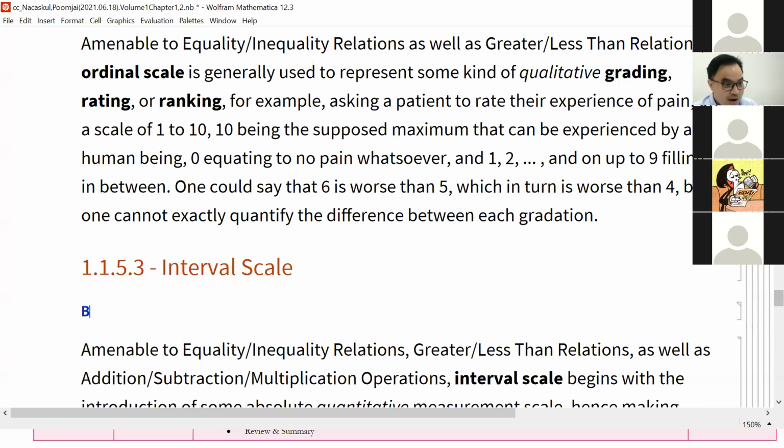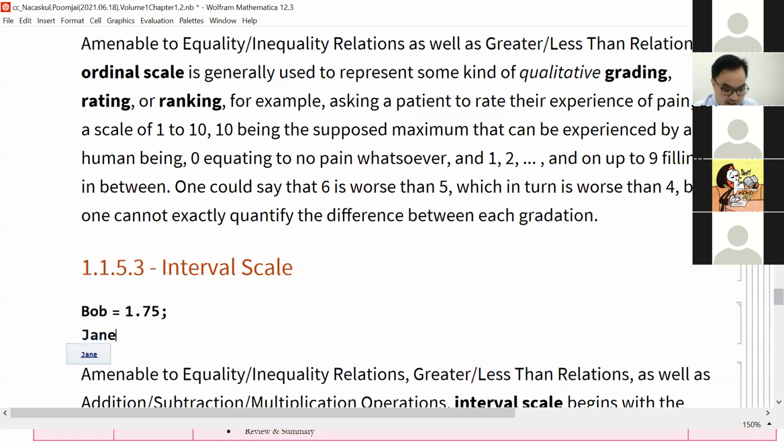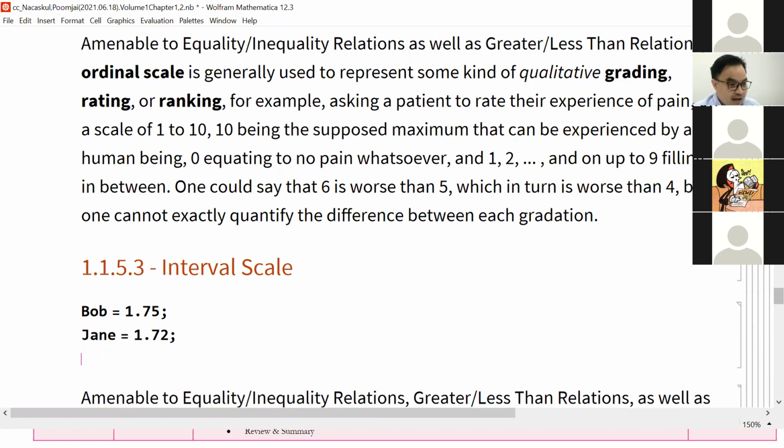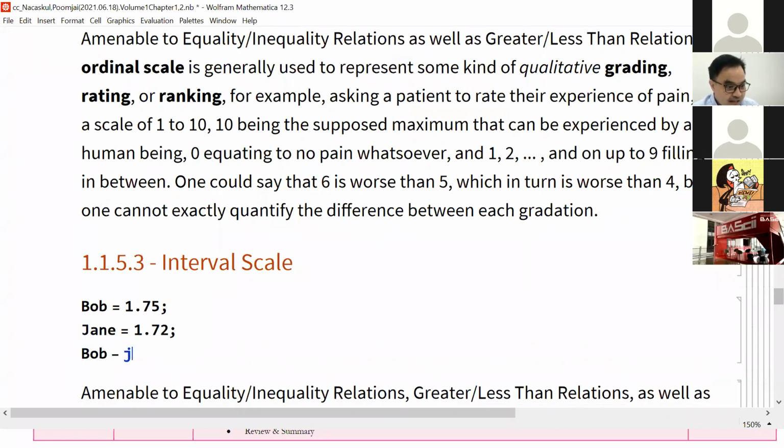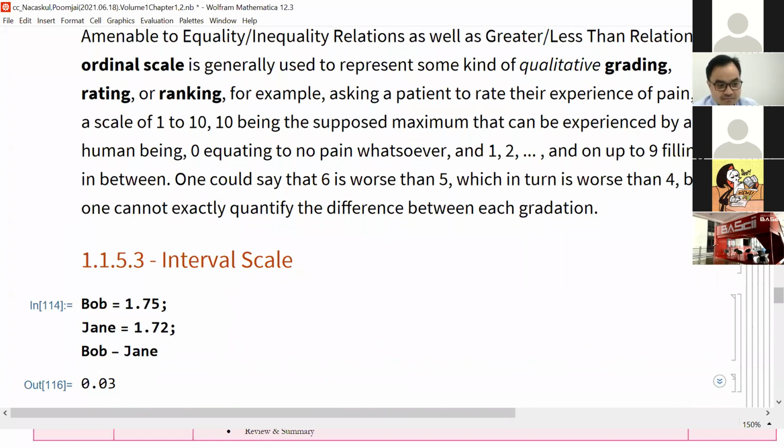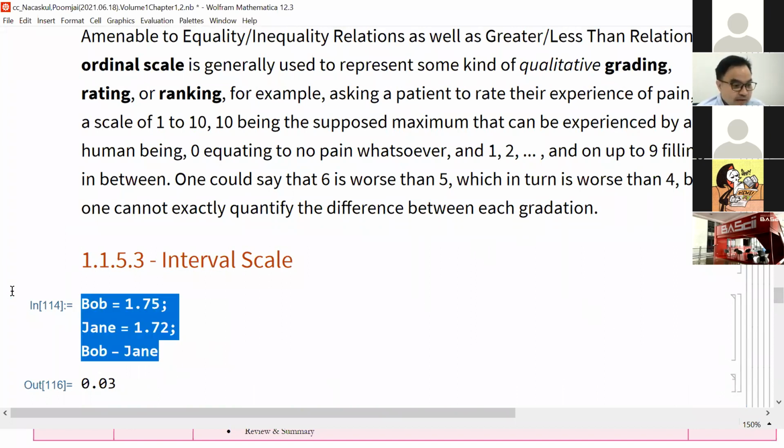So now you can make sense. Okay. So Bob is equal to 1.75 meters. Jane is equal to 1.72 meters. And Bob is taller than Jane by 3 centimeters. This you can do. Okay, this you can do. So now, what else can you do? You can say something like